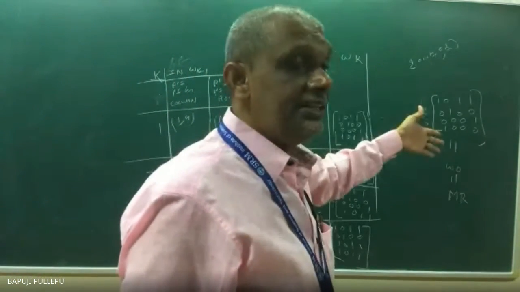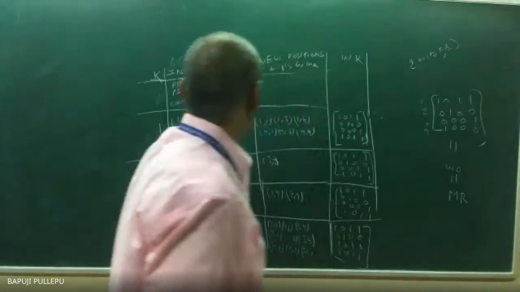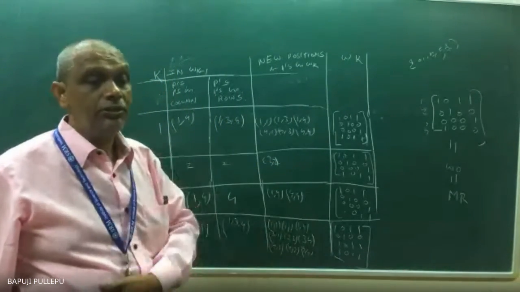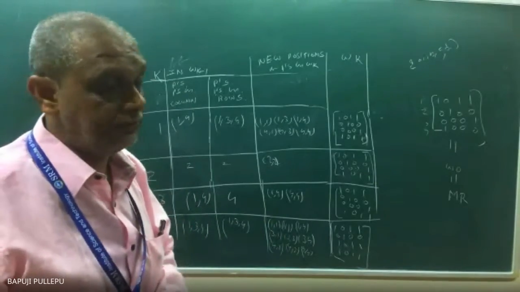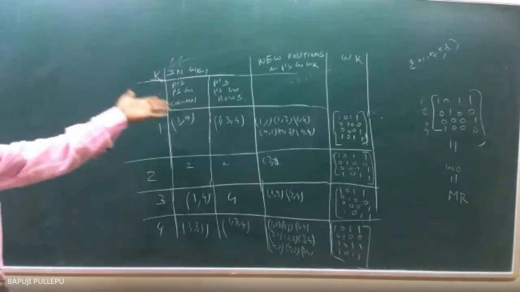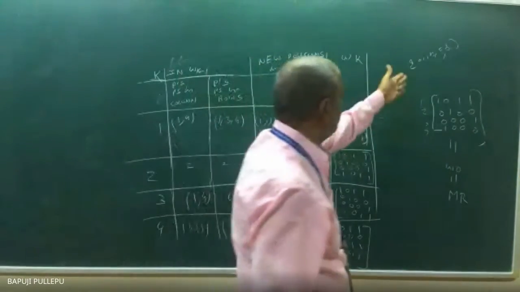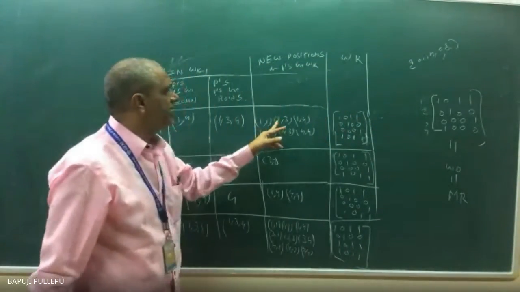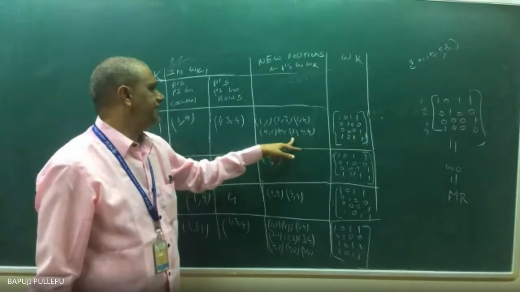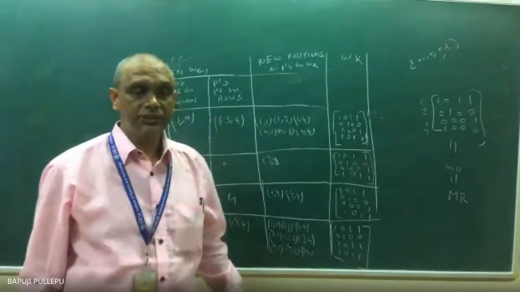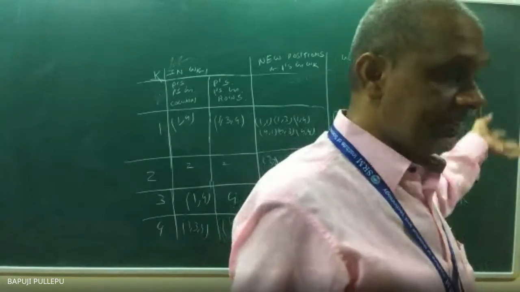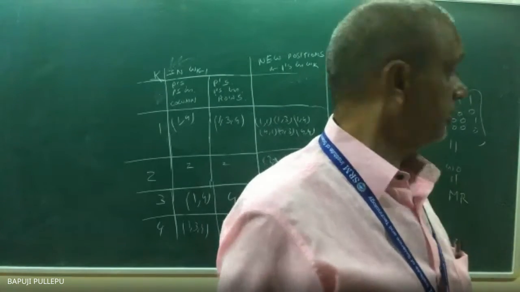Suppose it is A, B, C, D, what? Instead of 1, 2, 3, you can write A, comma D, A, C, D. So don't expect you will always get 1, 2, 3, 4. Because the textbook 1, 2, 3 example is good, I started with this. You can start with the same element, A, B, C, D. Here you will get A C, A B, A D, D A, D C, D D, like this you will get. So don't get confused, because the elements are 1, 2, 3, 4, so I took 1, 2, 3, 4. Reaching.